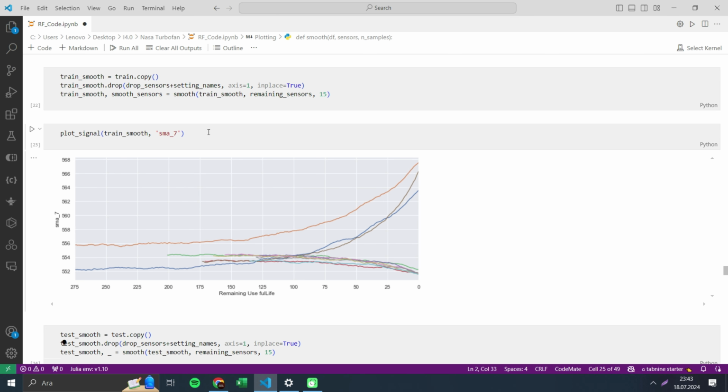And here, let's look at this line. This line of code calls the plot signal function to visualize the smoothed data for sensor 7. And the plot signal function generates a plot of the smoothed sensor values against the remaining useful life. And what we can say here,